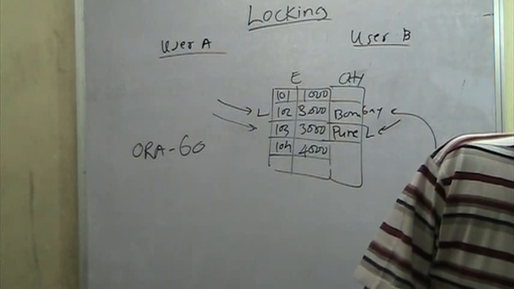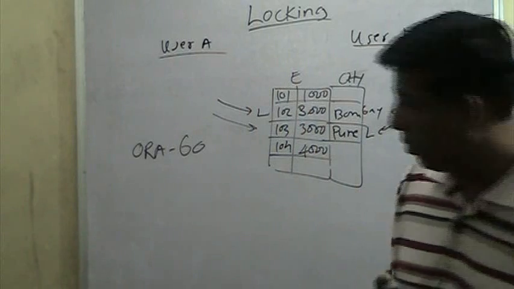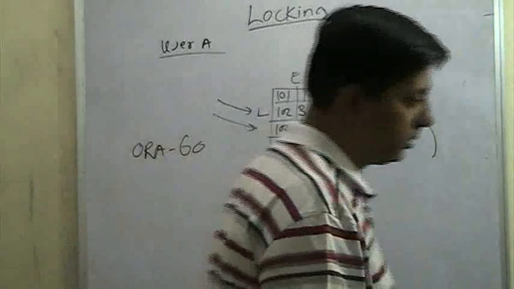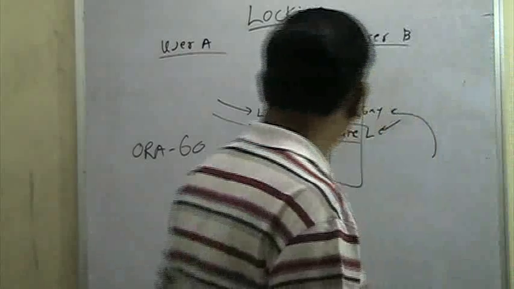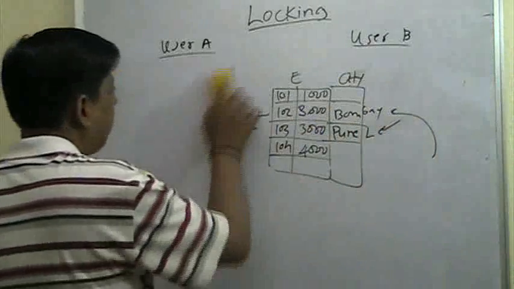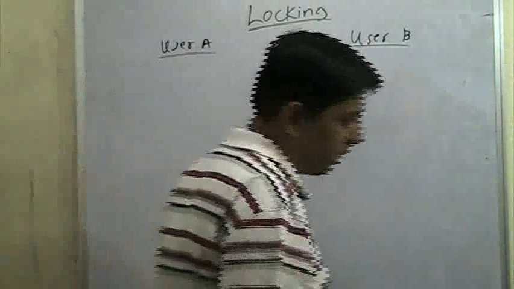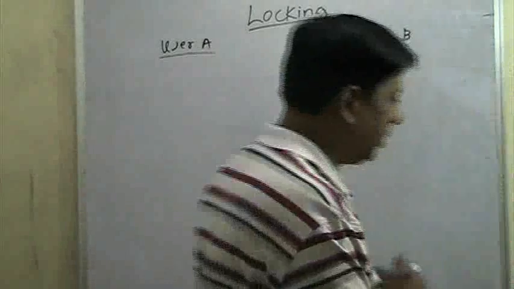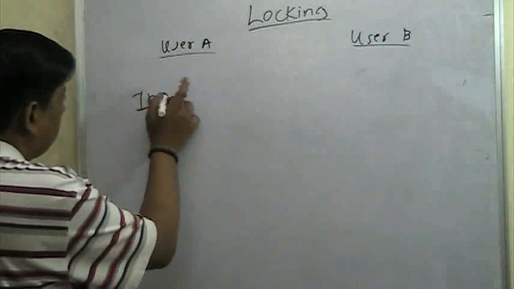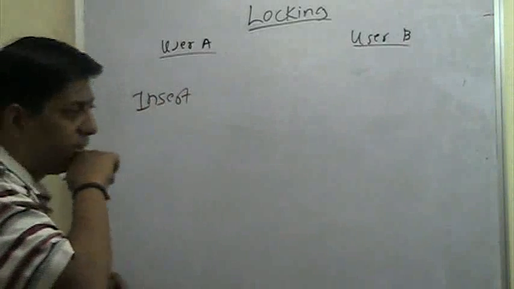And now what I want to discuss is the locking in a little more detail. Like what kind of locks are acquired when we do the basic DML statements. There are quite a few locks. I want to go over the basic important locks. So insert. When we do an insert here,